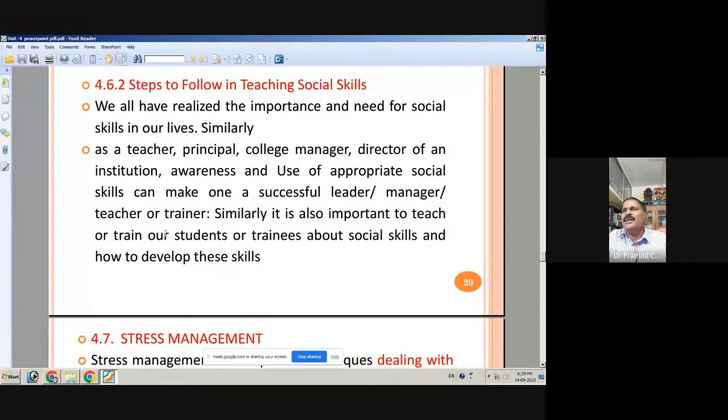So the teachers are there, the managers are there, the trainers are there. They are all not equal. Their behavior has to be different, but they must have some sort of social skills, and all these social skills must be developed properly. And as for the students, it is the responsibility of the teachers, principals, college managers, and directors of any institution to make the students aware of the different types of social skills